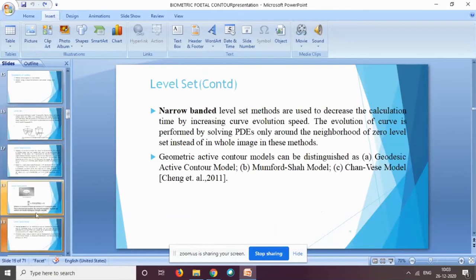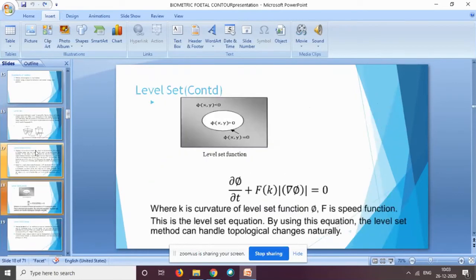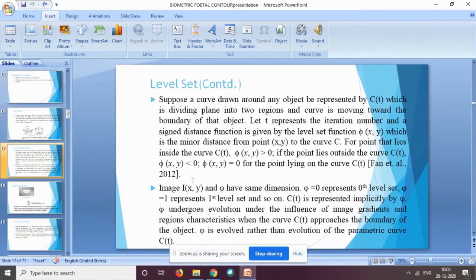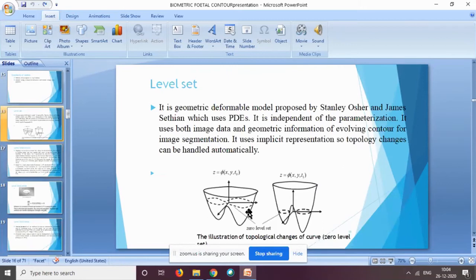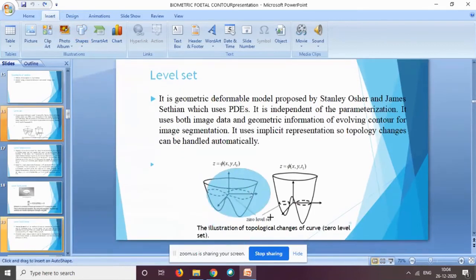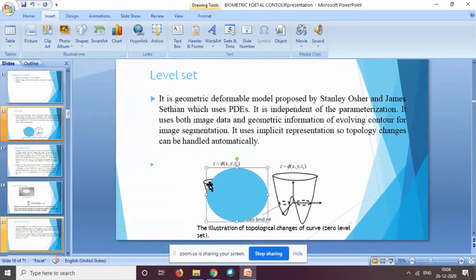In our approach, we have used the narrow band approach. Consider one curve. Here also we have this object, and we have a curve inside it. Now suppose I want to extract the fetal contour; I'll have to draw the contour somewhere around like this. Initially, I don't know the boundary of my object, so I initialize some contour, and once I initialize it, the contour will deform under the influence of forces.